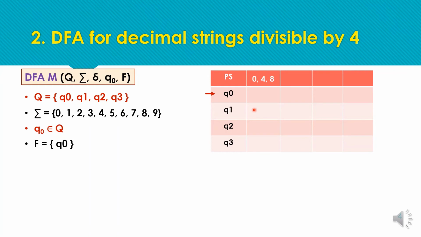The first set with remainder 0 is 0, 4 and 8. The next set with remainder 1 is 1, 5 and 9. For all these symbols we are having the remainder as 1. For the next set we are having 2 and 6 with remainder 2, and the next set is divided according to the remainder 3. So input is divided into the 4 sets according to the possible remainder, means any number divided by 4 here, remainder will be 1, any number divided by 4, the remainder will be 2, and any number divided by 4 here, the remainder will be 3.